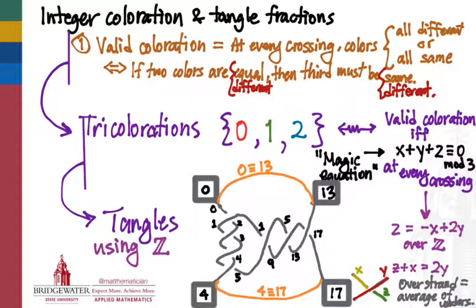So that's what imposes the modular arithmetic on colorations of knots. We can color tangles using integers however we like to, and we can always make that work. But as soon as we want to close up the strands back in on themselves, that's going to introduce new conditions on the numbers that we use, because we need 0 and 13 to be the same, we need 4 and 17 to be the same. And in fact, the only,